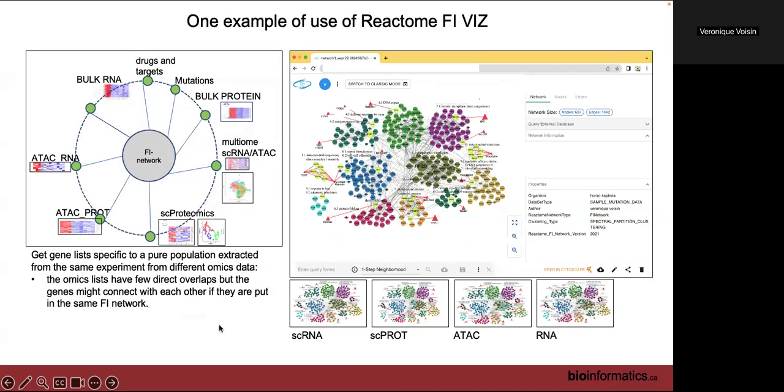And finally, this is an example of the use of this ReactomeFI app in one project where I had some multi-omics data, so omics data from different sources like bulk RNA, ATAC-seq, or single-cell RNA. And then I grouped all these gene lists into one to do a big ReactomeFI network that I clustered and I labeled